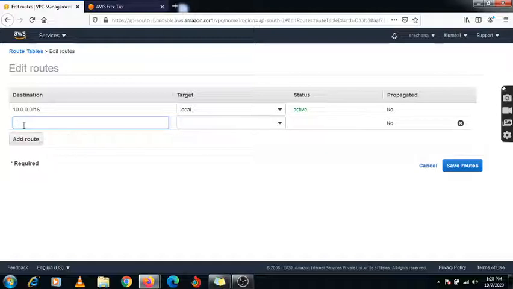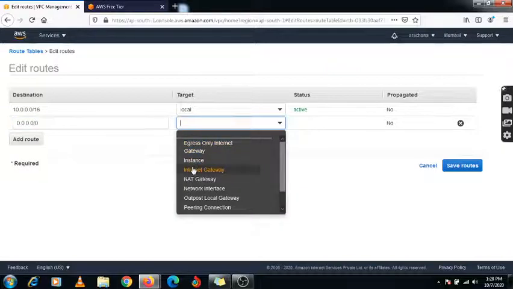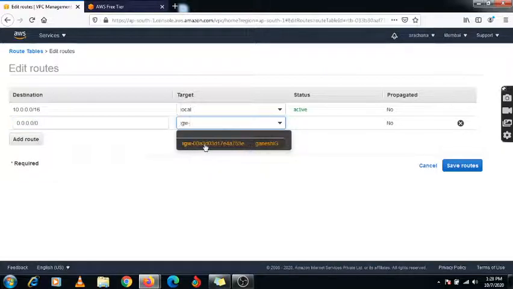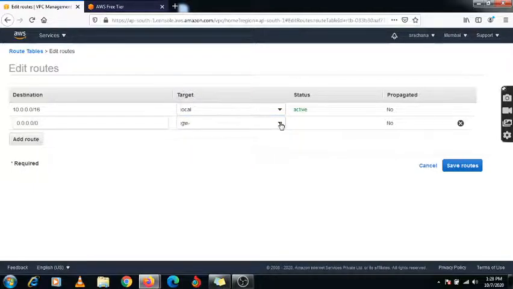Suppose this VPC has a private subnet and it is not going over the internet. So for using the internet gateway which you have created, you can specify the path for your private network to go to the internet. You need to specify the path 0.0.0.0/0. This is the path which I have assigned for this internet gateway. So here you will get this internet gateway. Here you need to select, and these are the options you will get. In the next slide I will show which options are available.